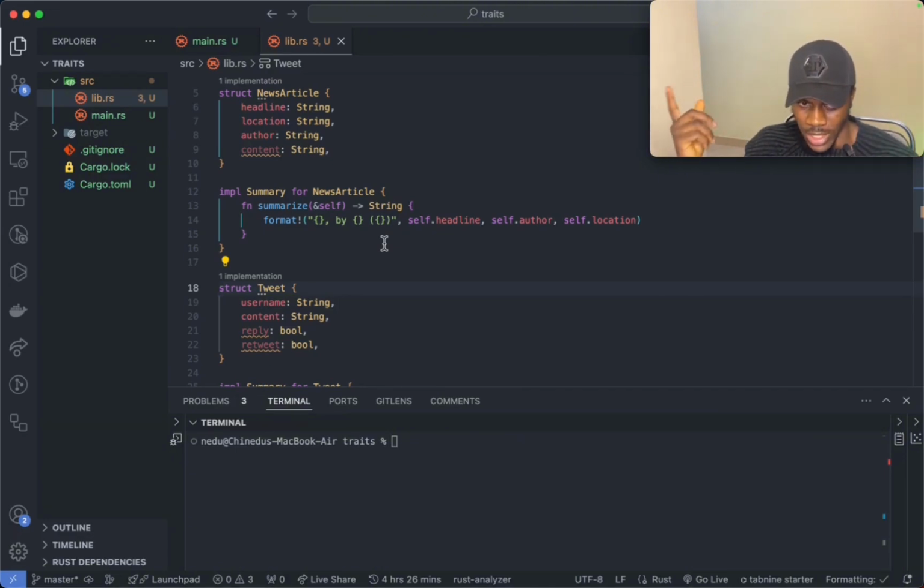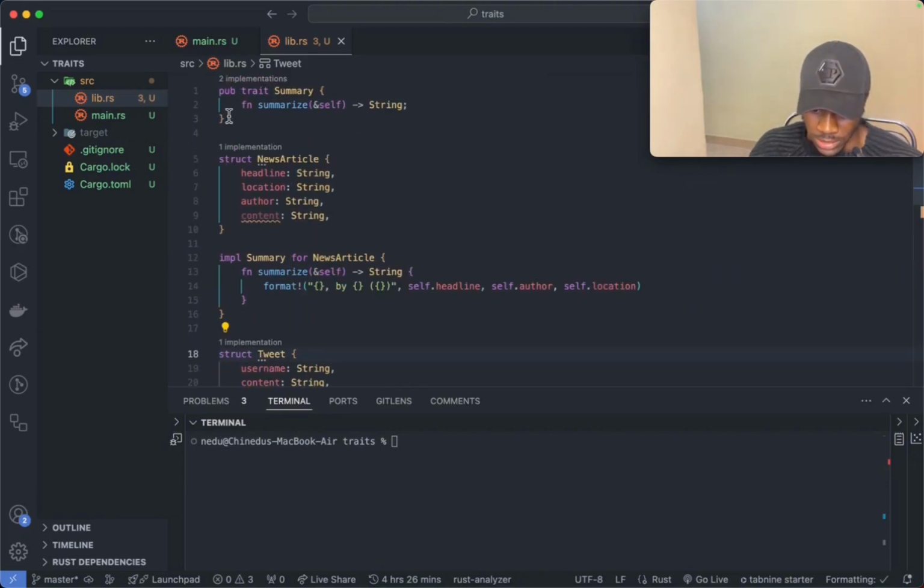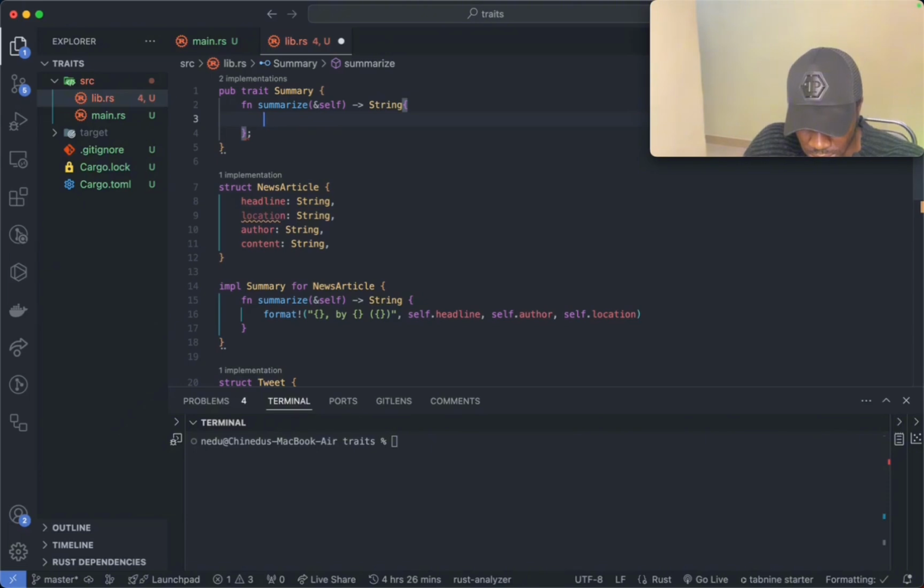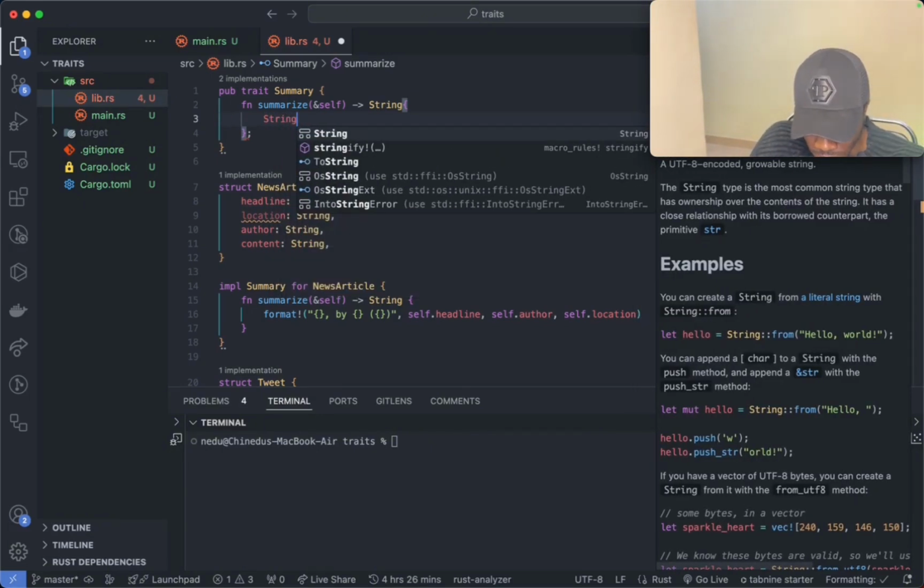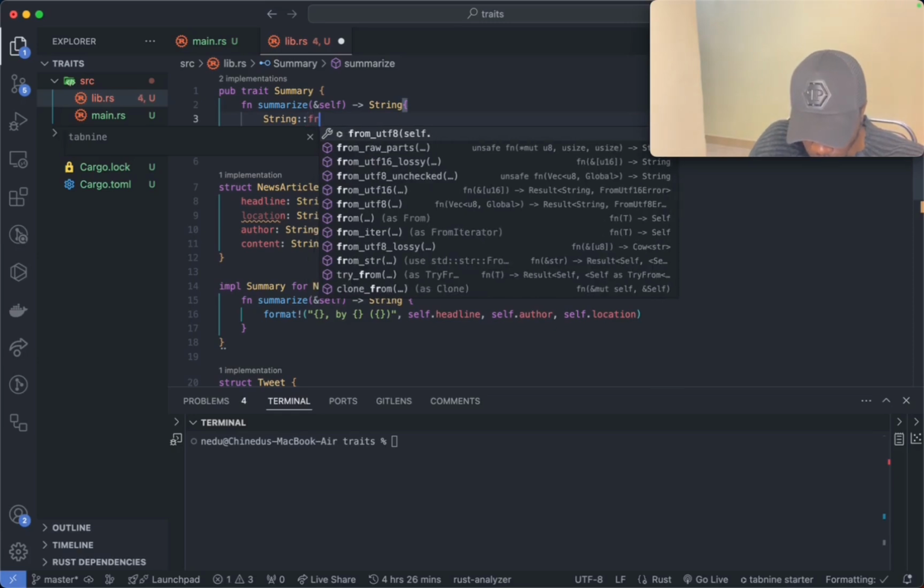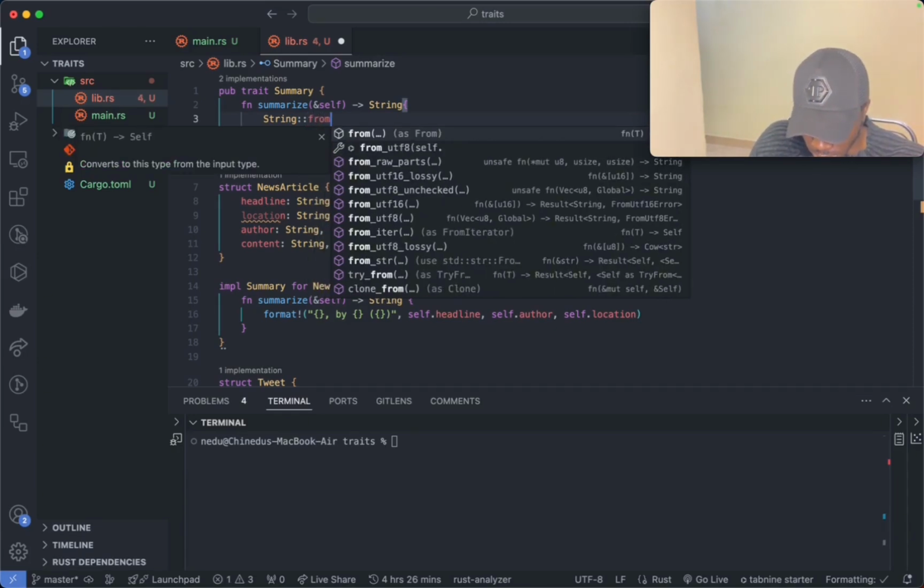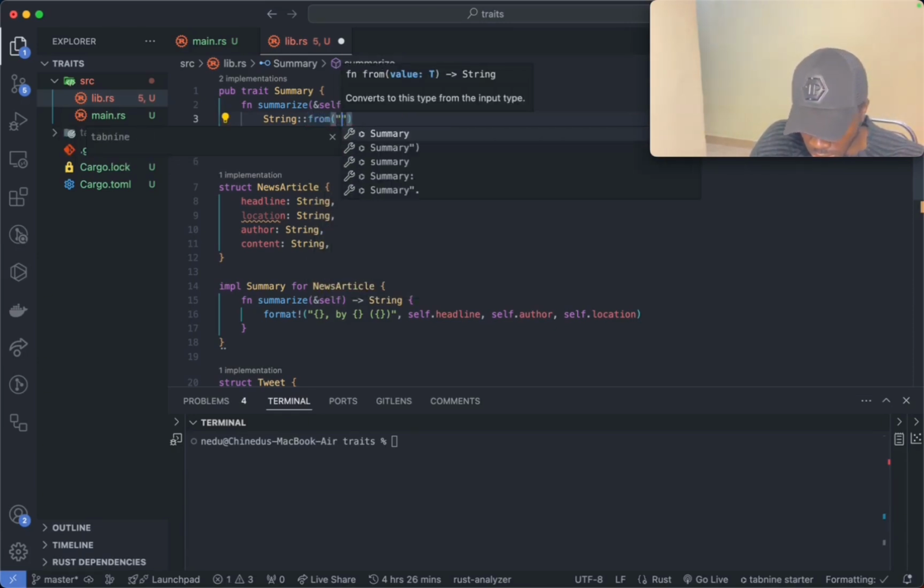So I'll just go ahead and define a summary trait with a default implementation. So I would use the same traits. So here I'm now going to expand this function. I'm going to add curly braces, and in those curly braces I'm going to say string dot from, and here I'm going to pass a default value, and this default value I'm going to call read